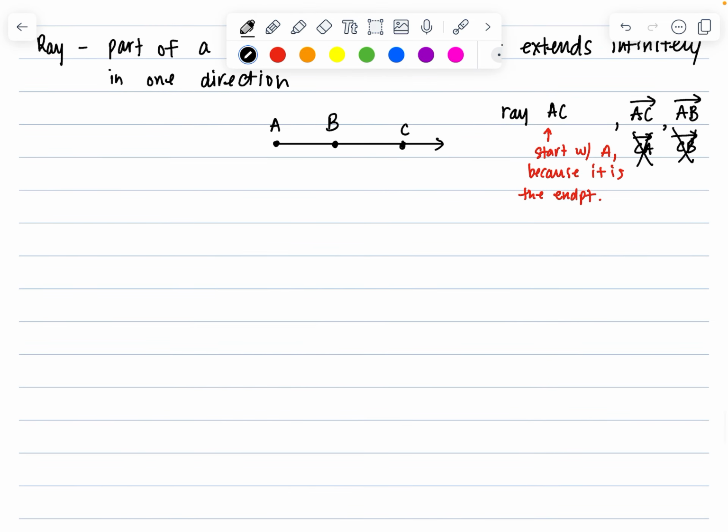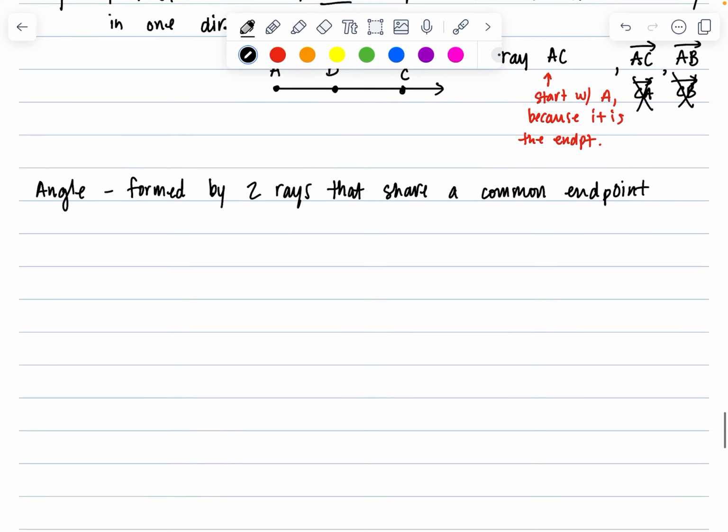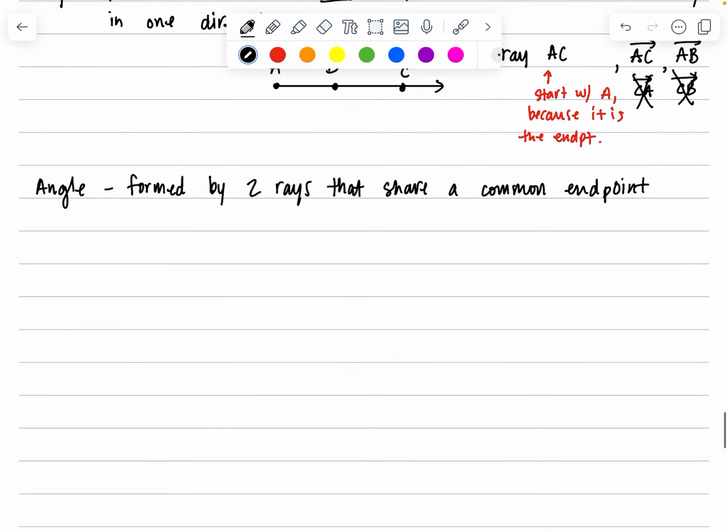Okay? And with rays come angles. So we are going into some two-dimensional geometry. Angles. An angle is formed by two rays that have a common endpoint, or that share a common endpoint. Okay, so for instance, if we draw an endpoint and draw a ray that goes to the right,